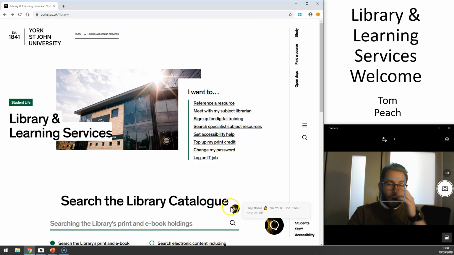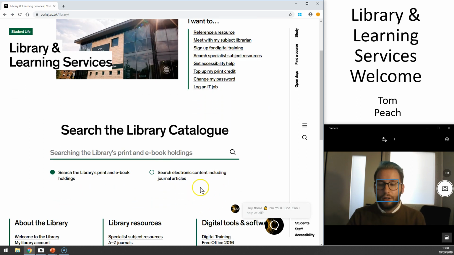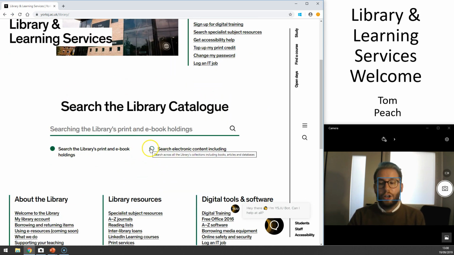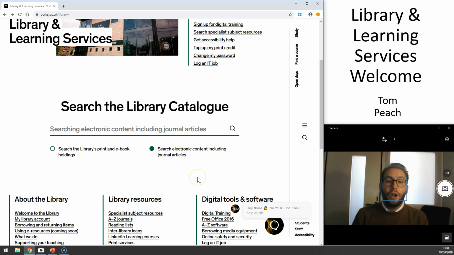You can also branch out to even more kinds of resources by using the library catalogue to switch to search electronic content, including journal articles. So this is branching out not just from books, but to all sorts of other kinds of resources like newspapers, journal articles, and so on. If you're not sure particularly what you'd be interested in, that's a good option to go for. So for example, if I again search for linear algebra,